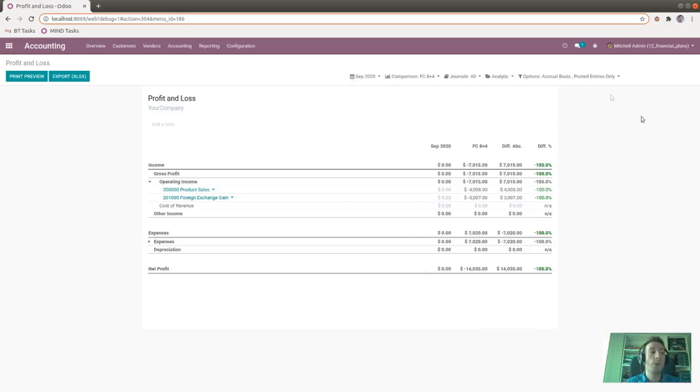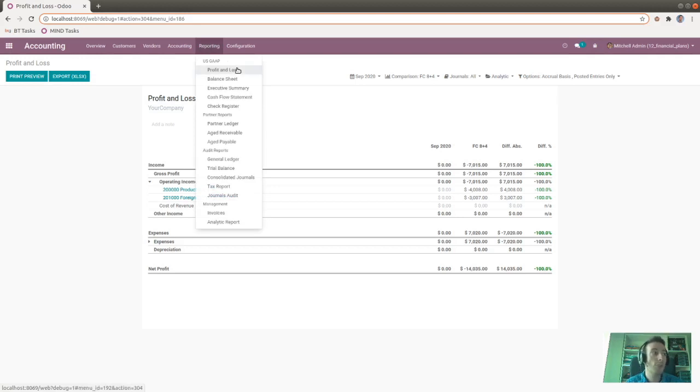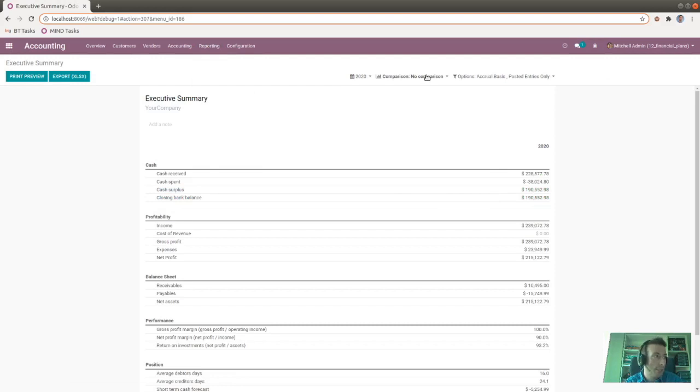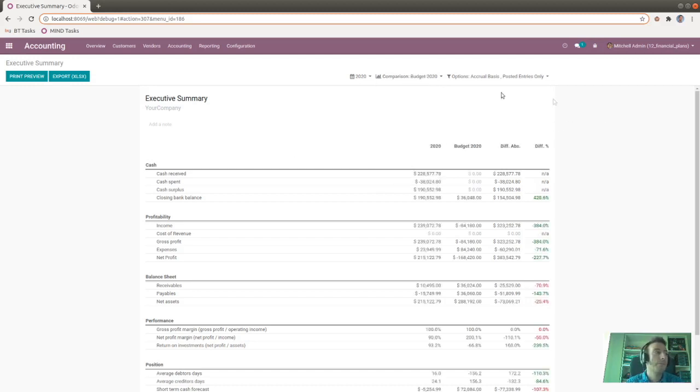As long as the periods have a correlation to the periods we have defined within the plan, everything works as expected. And for sure, this works not only with profit and loss, it also works with other financial reports, like for example the executive summary. So it works with any financial report that we have.